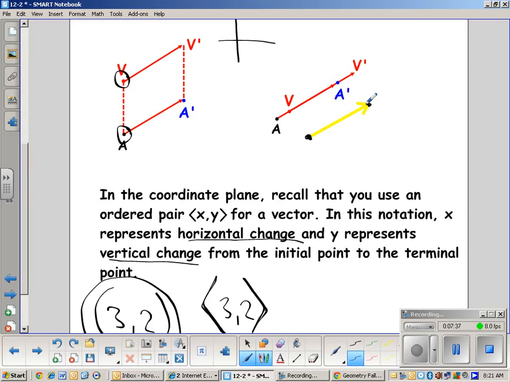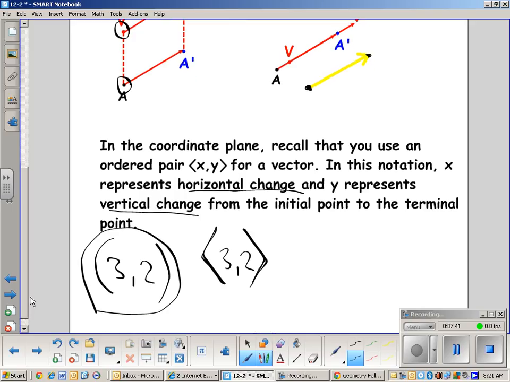Okay? So if I took this point and wanted to move it by that vector, I would simply slide that vector over here, and at the end of it would become the new point, the terminal point. Now, if I knew that vector was represented by 3, 2, 3 right and 2 up, then on